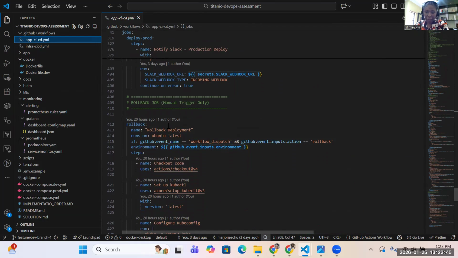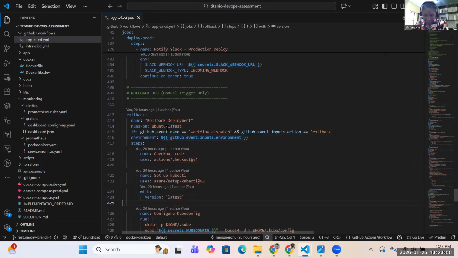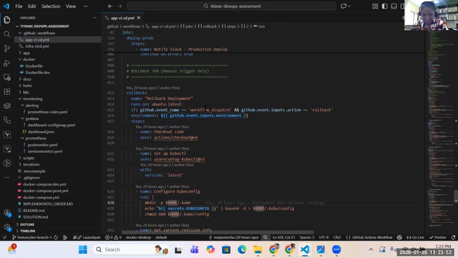It specifies that it's going to be a manual deployment, and it's going to trigger only if it's prod. If the action is a rollback action, and